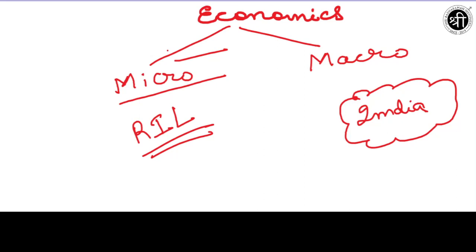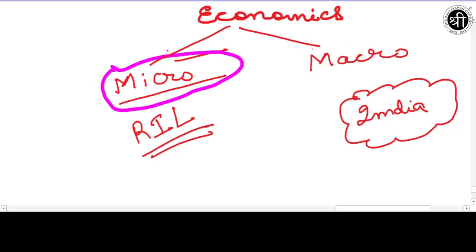Instead, if we study the cotton industry of India, is the cotton industry the full economy we are talking about? Do we only have the cotton industry in our country? It is not so. We have millions of things apart from the cotton industry. So the cotton industry is just a portion of the whole Indian economy. If we study the cotton industry, then we are only studying a portion of the whole economy. Therefore this economics will be known as microeconomics.